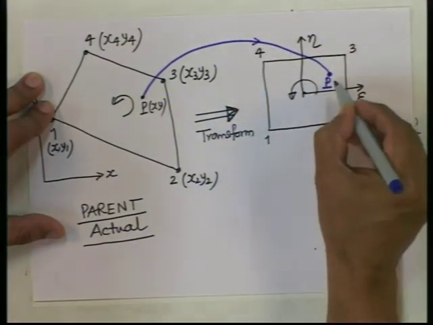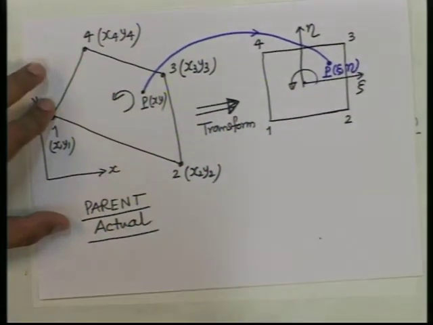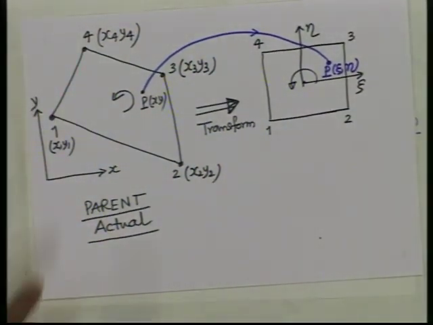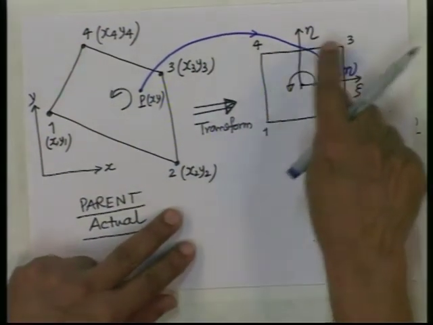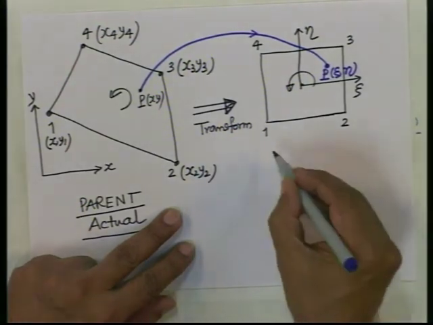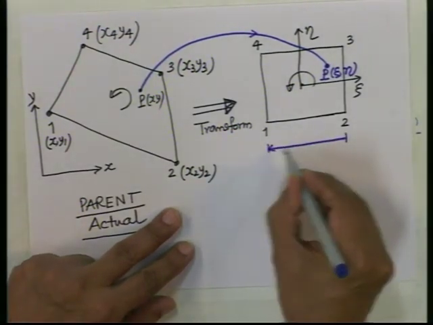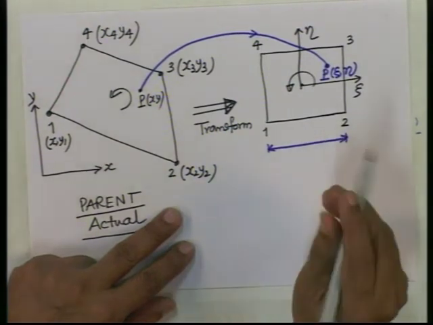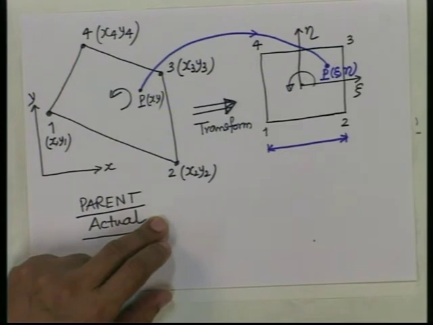So, corresponding element, but then this will have coordinate psi and eta. Every particle over here must be mapped to this, but then this mapping has to be a 2 unit by 2 unit, not more than 2. In conformal mapping we do it by 1 unit by 1 unit cell, we always do 1 by 1. Here we are doing 2 by 2. Why are we doing 2 by 2?